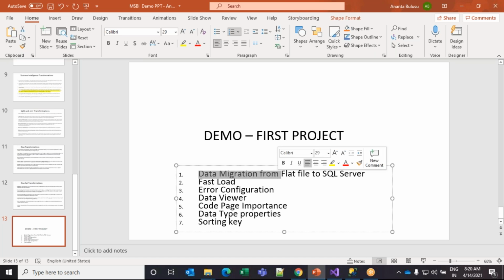Data migration from flat file to SQL Server. I'll show you what is fast load, what is the option of fast load, what is the error configuration in the task level where we need to configure the error and what are the different types of it. I'll show you data viewer,